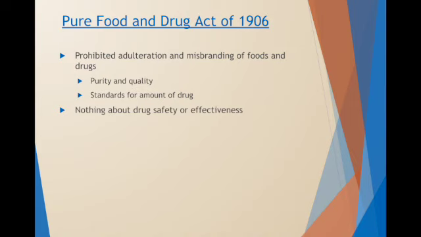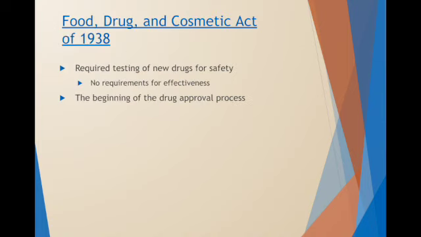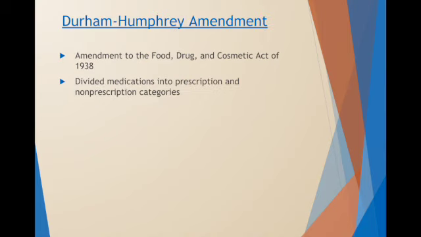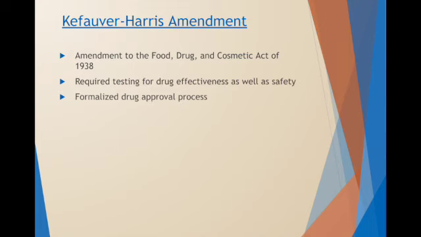There are several different drug acts that may be helpful to know about. I don't expect any of you to memorize all of these things, just a general survey. Back in 1906, there was the Pure Food and Drug Act, which said you can't misbrand or adulterate the food and drugs that are being promoted. Then in 1938, the Food, Drug, and Cosmetic Act said that you have to test new drugs for safety, and there was a drug approval process kicking off there. The Durham-Humphrey Amendment, in addition to that, divided medications into prescription and non-prescription categories, which was a helpful distinction. Then you have the Kefauver-Harris Amendment, which said you need to test for efficacy in addition to safety, and this really formalized a